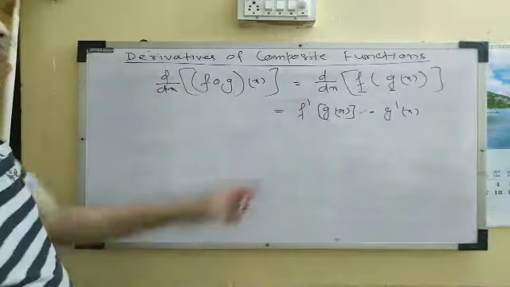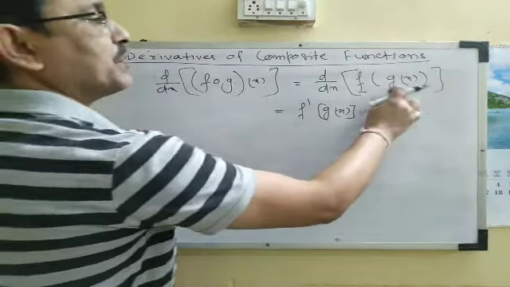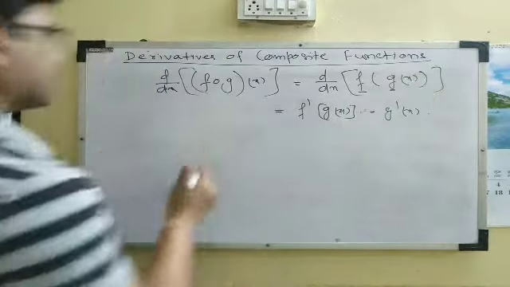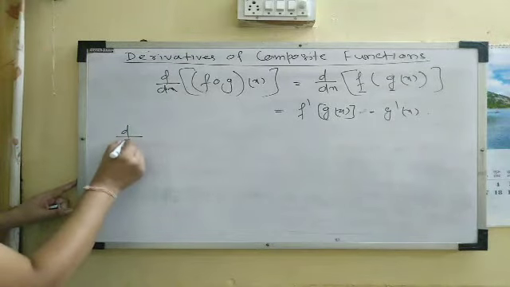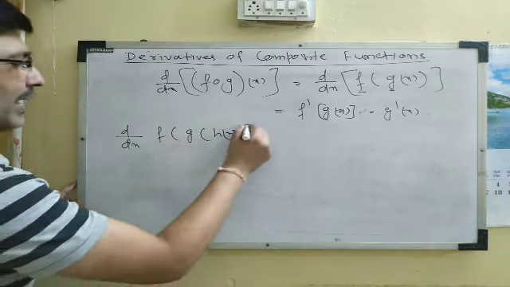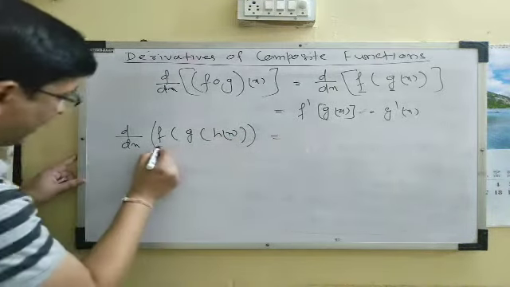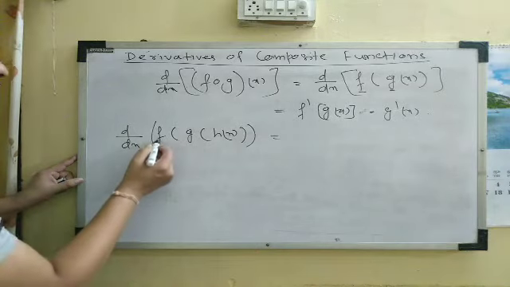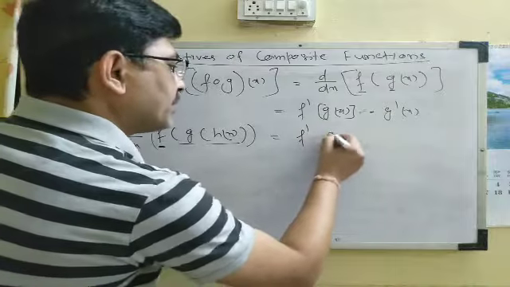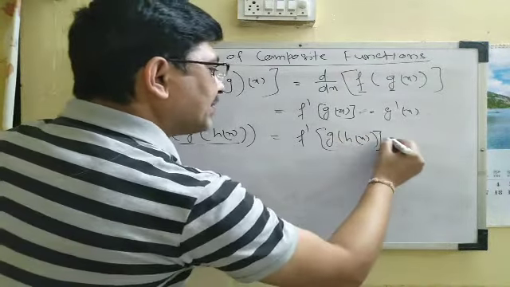Okay, so f is to be differentiated with respect to g of x, and g is to be differentiated with respect to x. If we extend this, suppose dy/dx of f of g of h of x, there are three functions here. First we come to f. We have to differentiate this f with respect to g of h of x. That means f dash of g of h of x, multiplied by